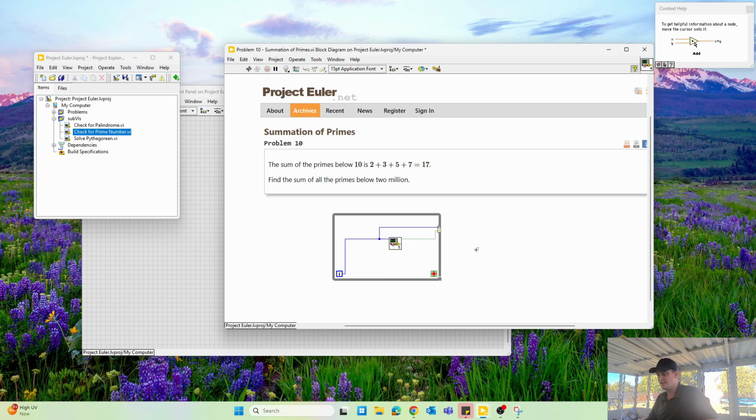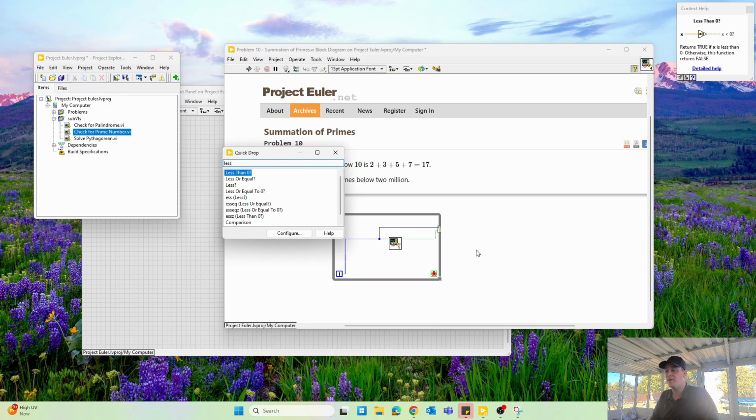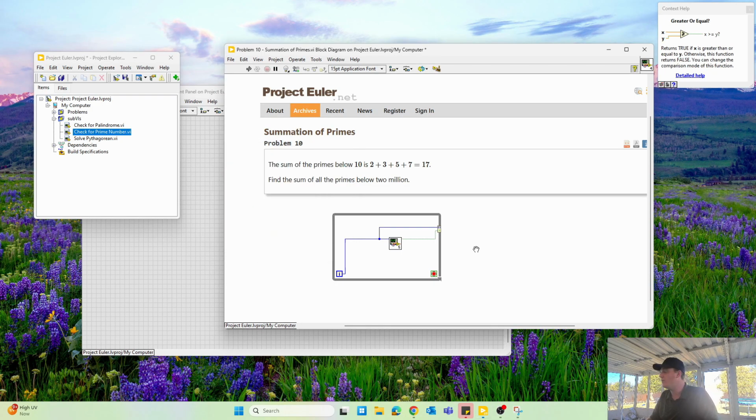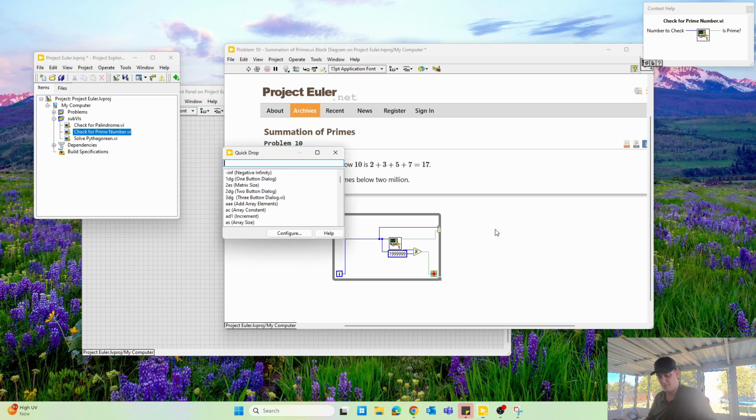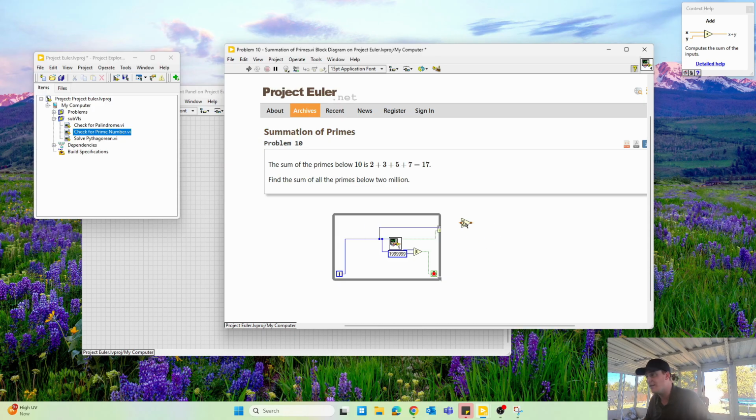And we are going to end this loop when this becomes greater or equal, because it has to be below 2 million. So this is going to end when this number becomes greater than or equal to 1,999,999. And that is when we're going to stop this loop. And then we're going to add all these array elements together. And this should be